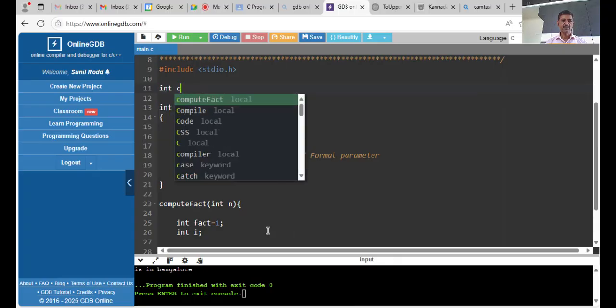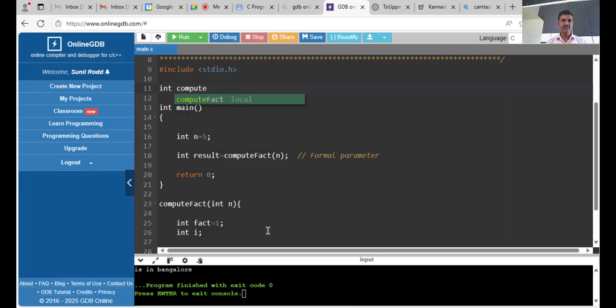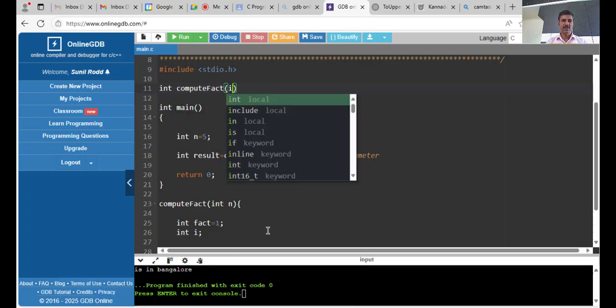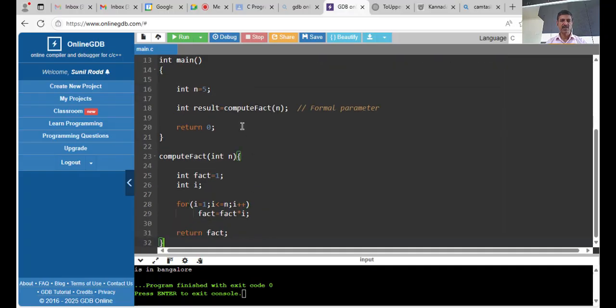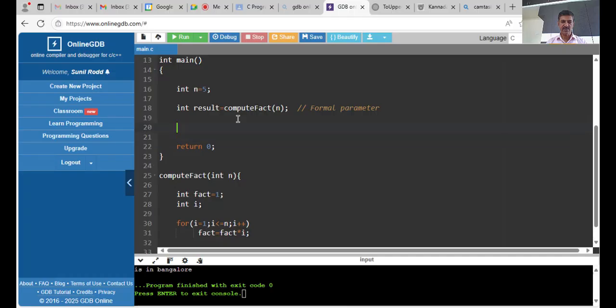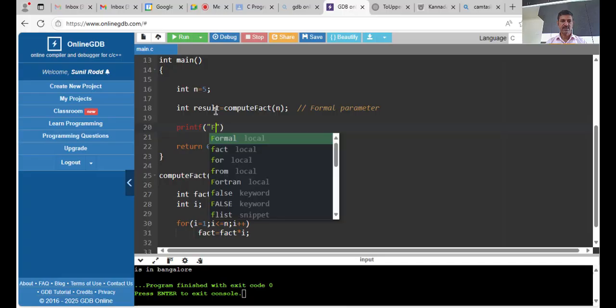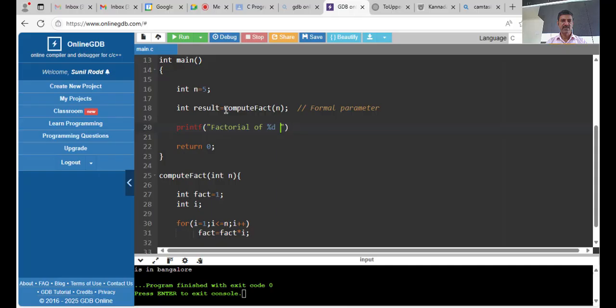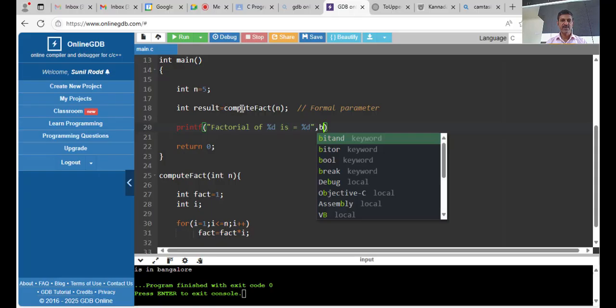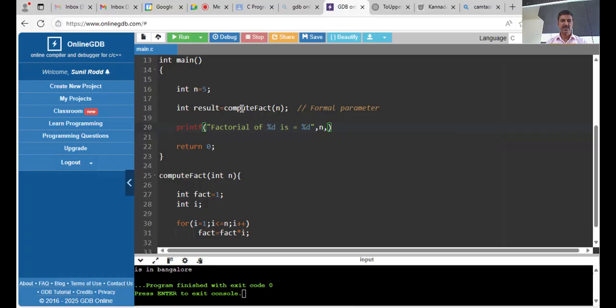int compute fact, and then int here. Okay, so now we want to print the result after you get the result from the function. Here, factorial of %d is equal to %d. So you want the factorial of n, so n will come first and then the result. So now if I run the program, hopefully